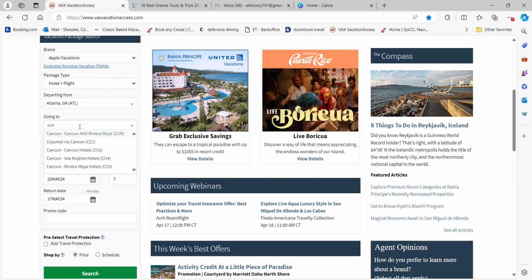As I said, clients love Cancun. So I'm going to show you how to put something together with Cancun here. It's very popular. I would say it's one of the most affordable I find for those looking to take trips. They have some really good resorts and clients love it. And this is one of those.